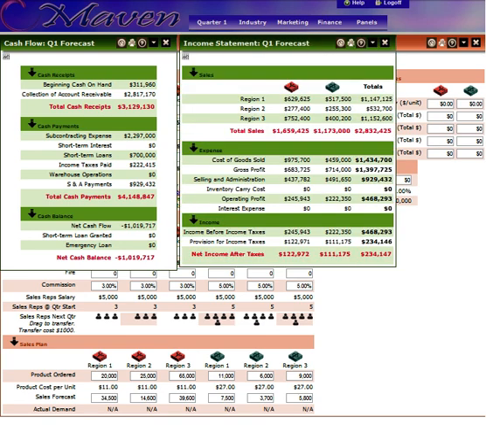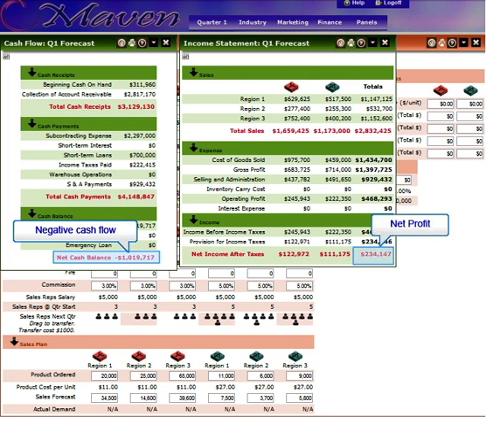As you can see on your monitor, I have opened the cash flow statement and also the income statement so that you can view both simultaneously. In looking at the cash flow statement, it is showing that if you sell what you forecasted to sell, you will have a negative cash flow of $1,019,717. Your first thought might be, how can I have a negative cash flow when my income statement is showing a net profit of